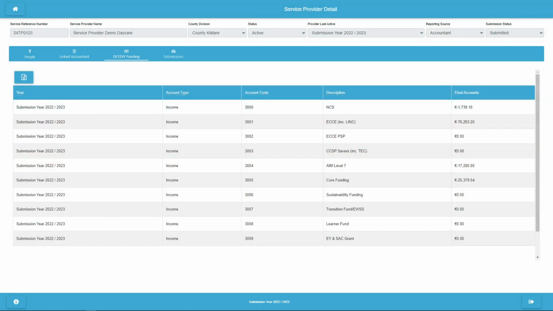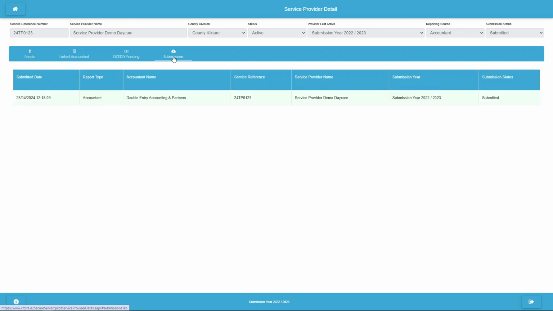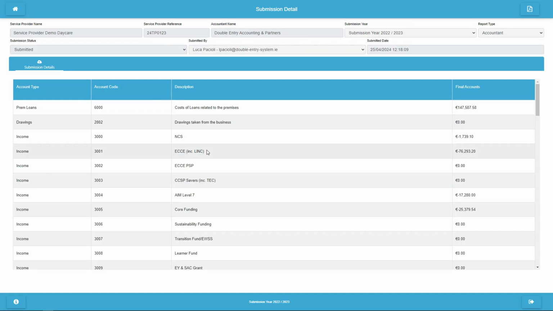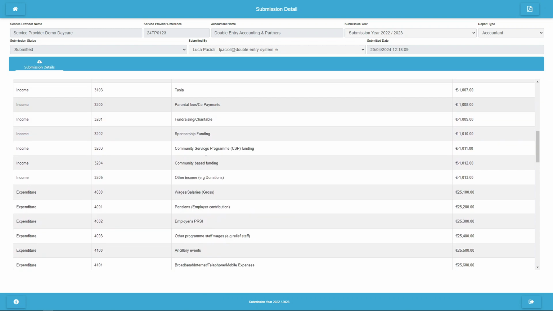If I'm logged back into the system, at any time I can click on the submissions icon. This will show any submissions my accountant has done on my behalf. If I want to look at a submission, and I can see here my accountant for this particular service provider has done a submission, I can click on it and it will show the submission, the income and expenditure the